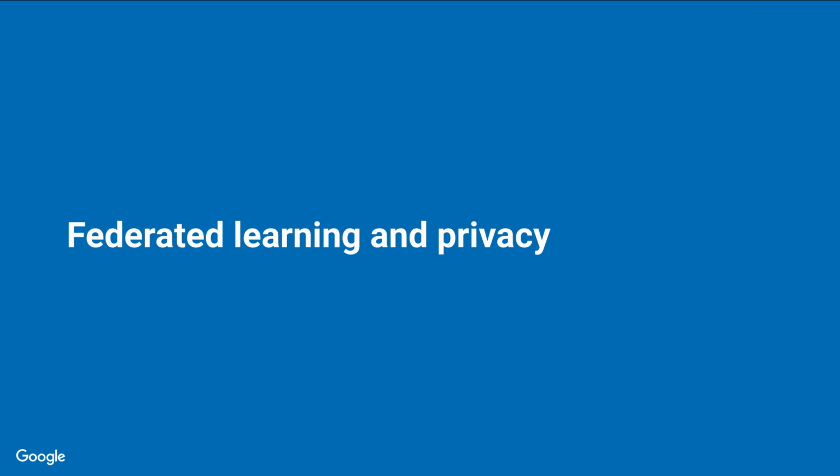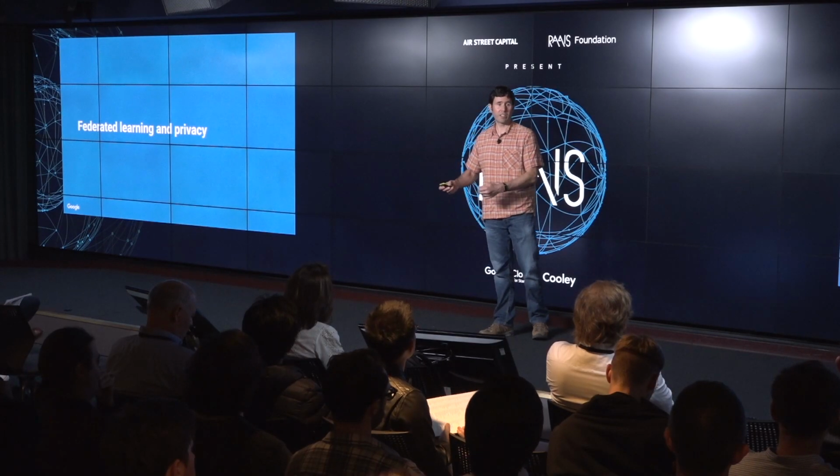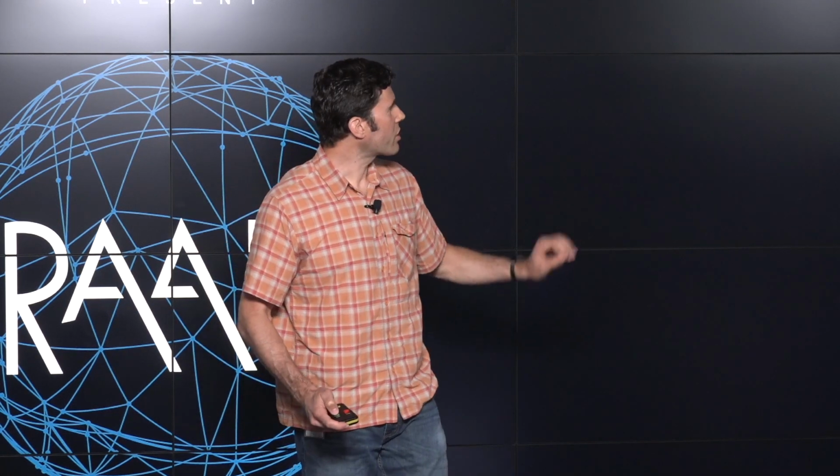Finally, I want to talk a little bit about federated learning and privacy. Federated learning, the way we've built it at Google, has strong privacy properties built in, but rarely are things as simple as either private or not private. And I think to move the field forward, we really need to encourage a more nuanced discussion about privacy. I don't nearly have the time to start unpacking that fully today, but I want to give one example of the way we've been thinking about this and a couple of technologies we're developing to provide even stronger privacy guarantees.